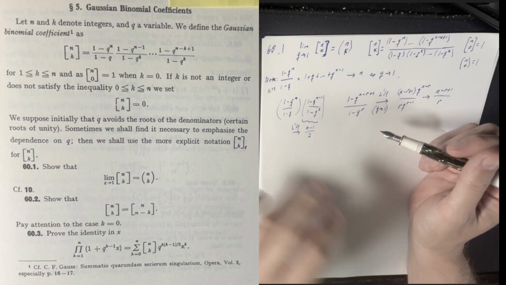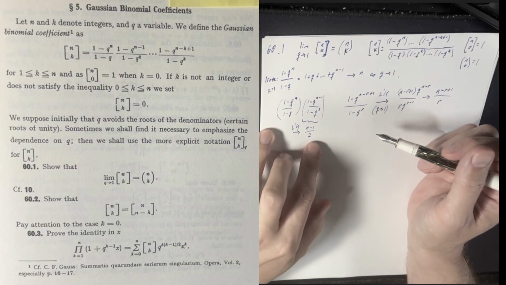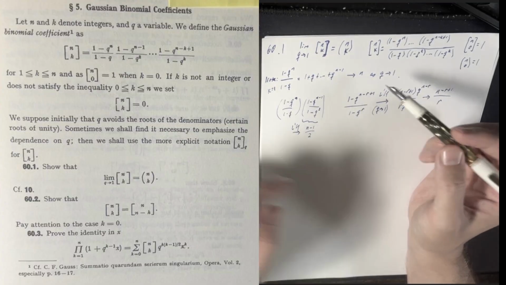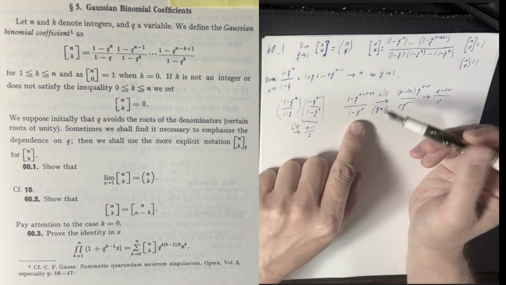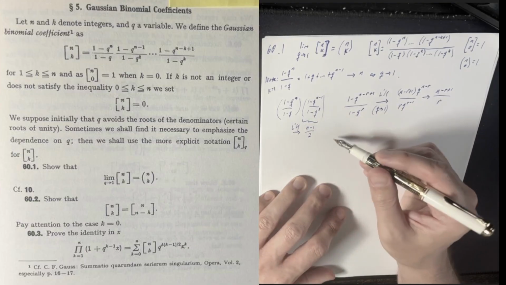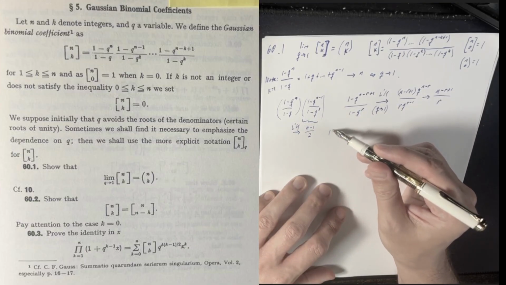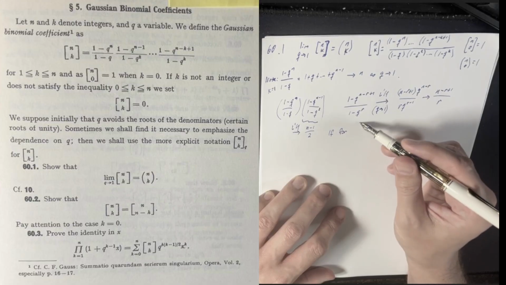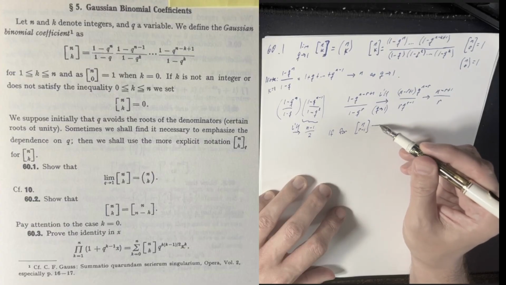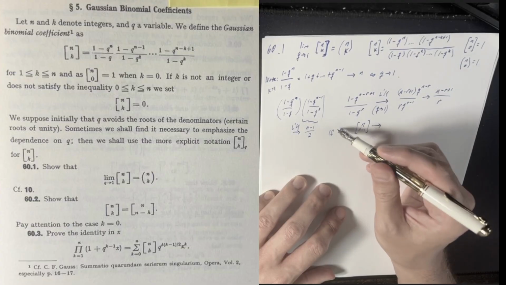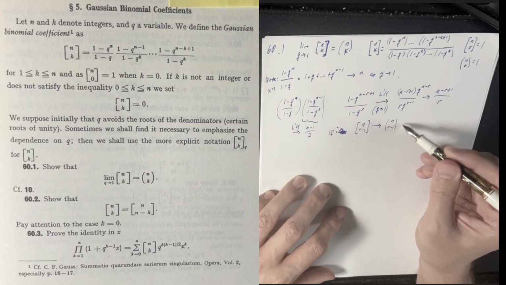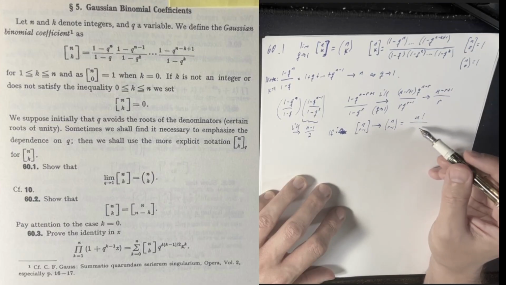But whenever you're at a step, suppose you're at r minus 1, when you multiply by the rth term, we get this result, the formula for that is